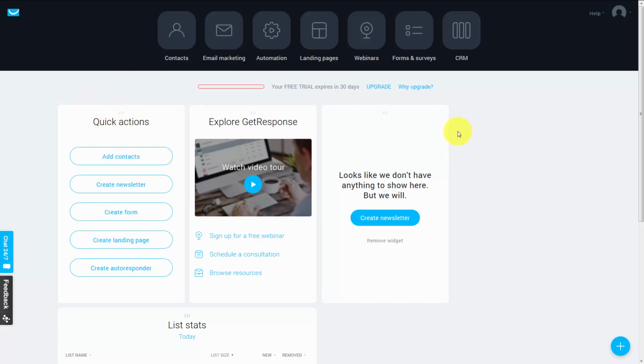Now in this video, we are going to add contacts to our GetResponse platform. If you have contacts that you already have permission to add to your mailing list, you can upload them to GetResponse. Or it could be that they are stored in another autoresponder and you want to use them in GetResponse. So the first thing we're going to do is create a list in order